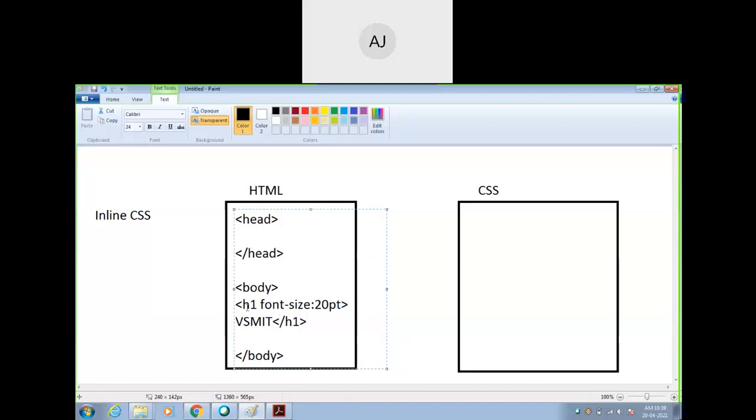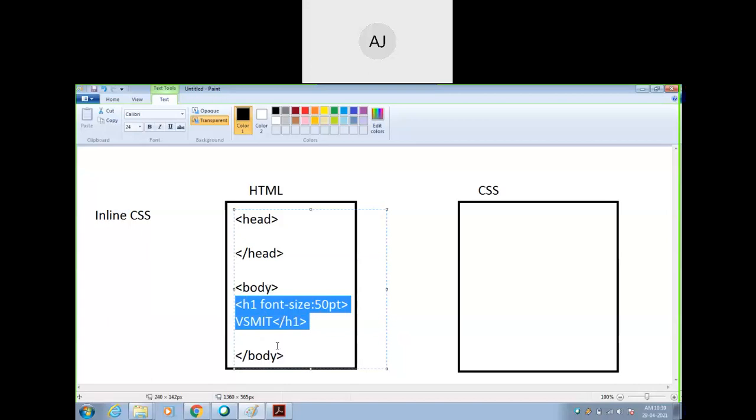For H1, what is the default value? It's 36. But now I am going to modify the value of that. I will not make it 20, better I will make it 50. I want a bigger font. So this is H1 with font size 50 points. Within the same line I am writing the CSS.